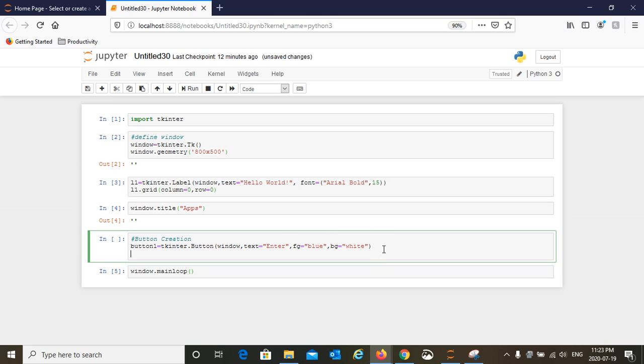That's it. And like here you have to explain where this button is going to show on your canvas. So let's say button1.grid is going to be column 1 and same row equals 0.